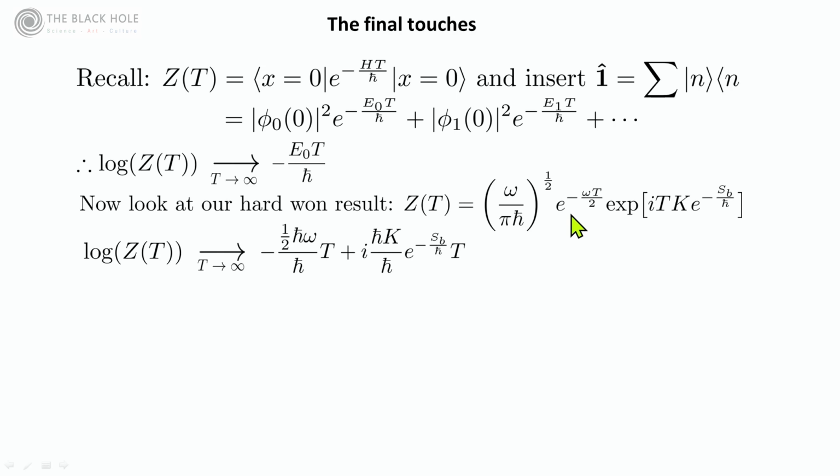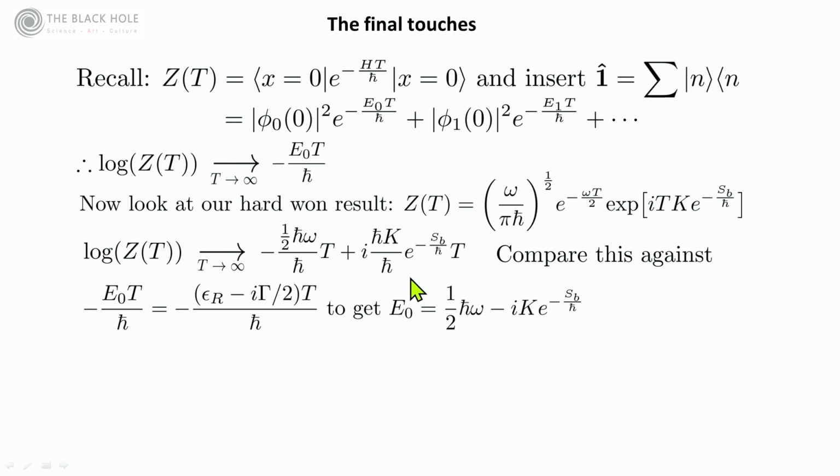So log of z of t then has a real part and an imaginary part. Okay, but now we are pretty much done, because look over here, minus E naught t over h bar, and here there's the same thing,